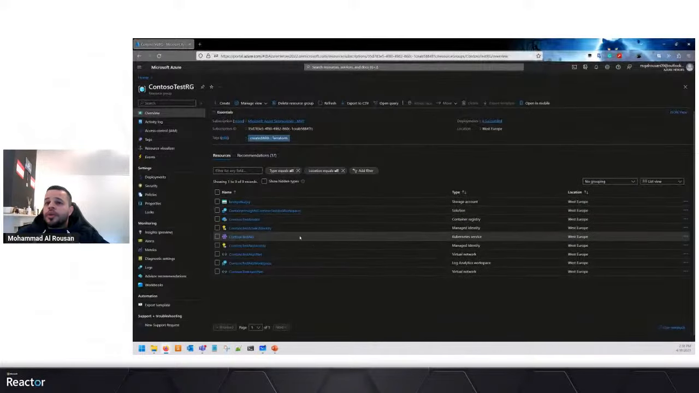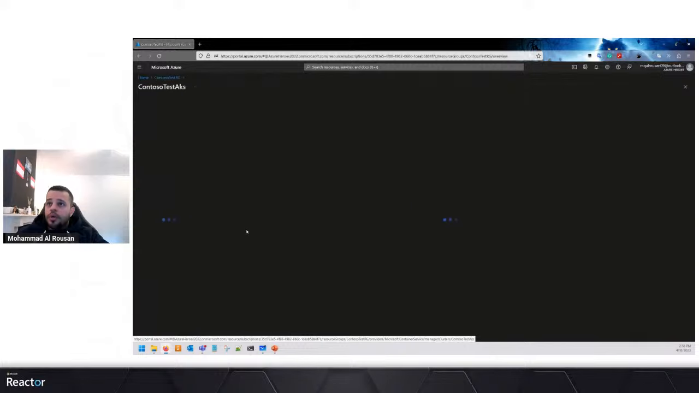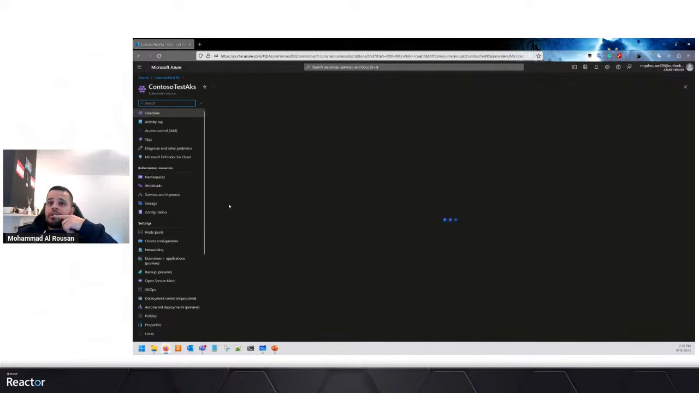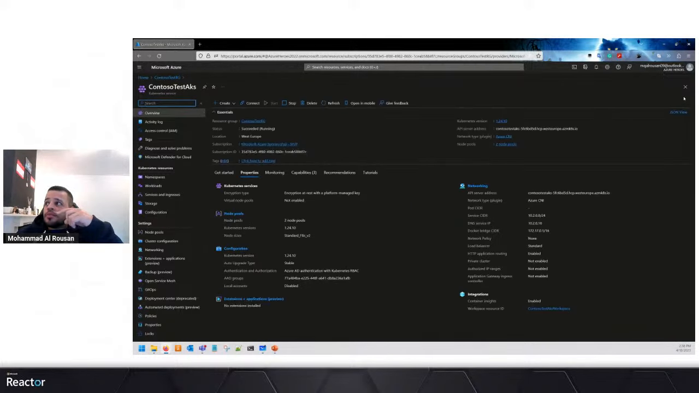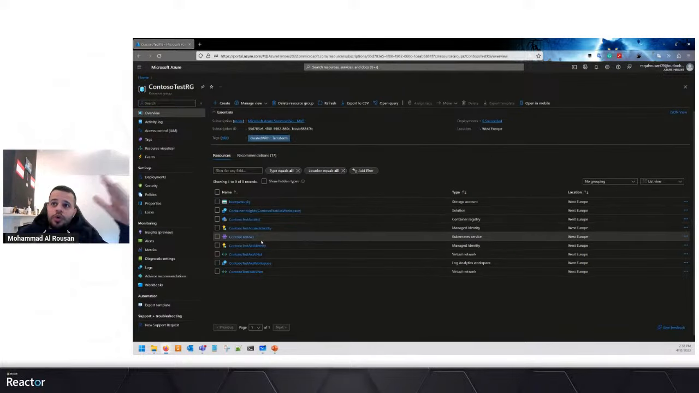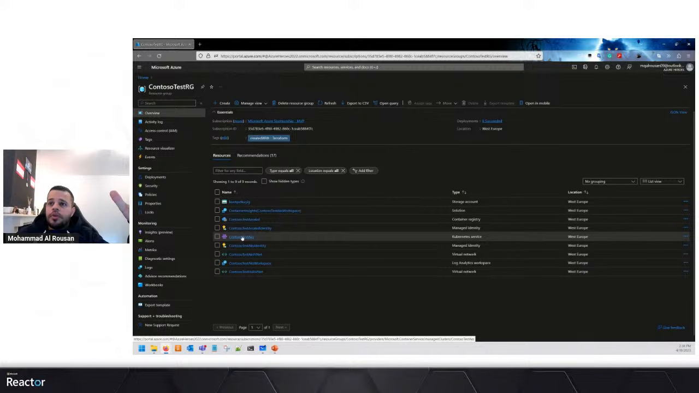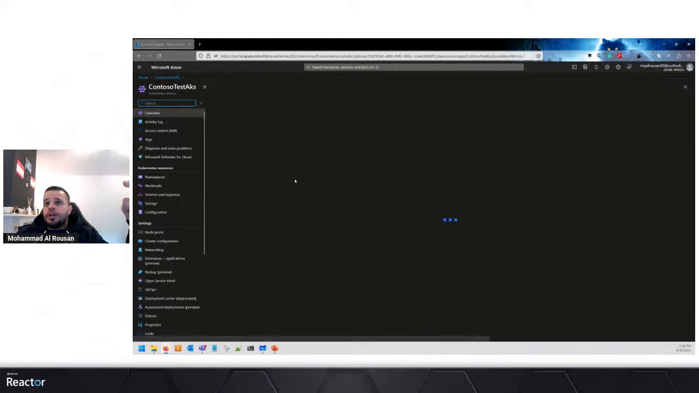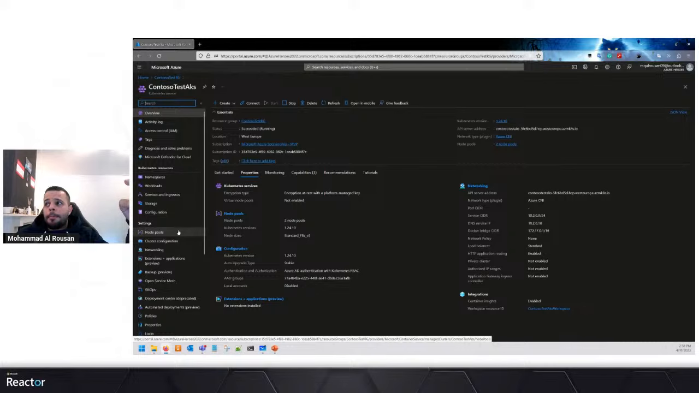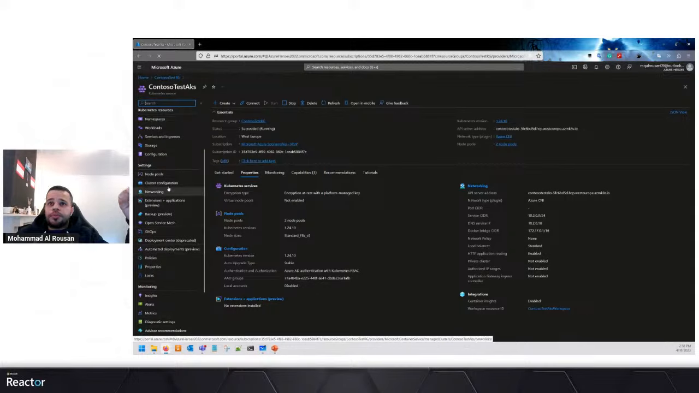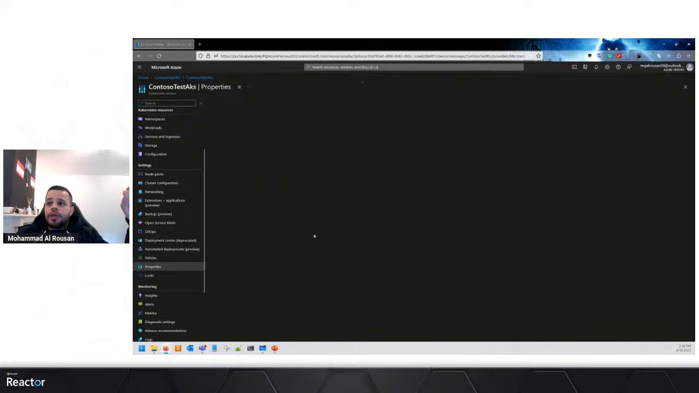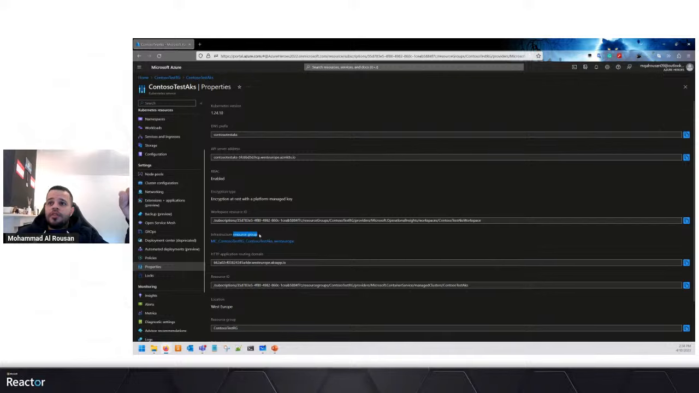Yes. So here we have Kubernetes cluster, or Azure Kubernetes cluster. This resource group, we can call it like data plane. Click here on it, you'll see the Kubernetes cluster. As you can see here, we can manage the cluster. If we go to properties, we have infrastructure resource group. If we click on it,